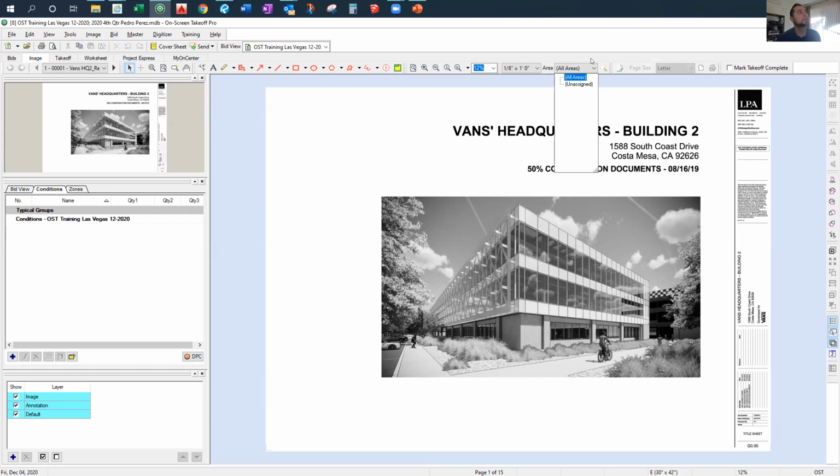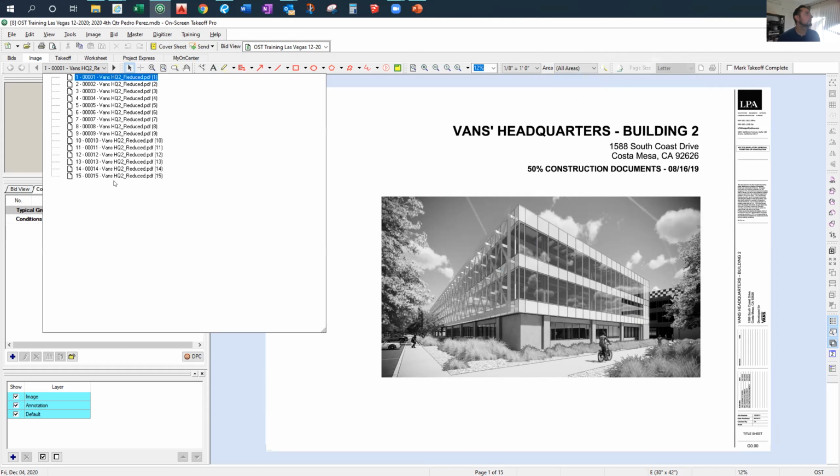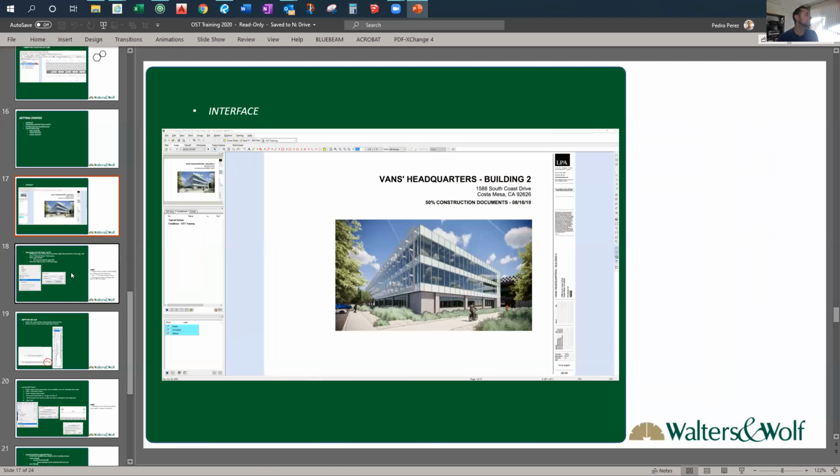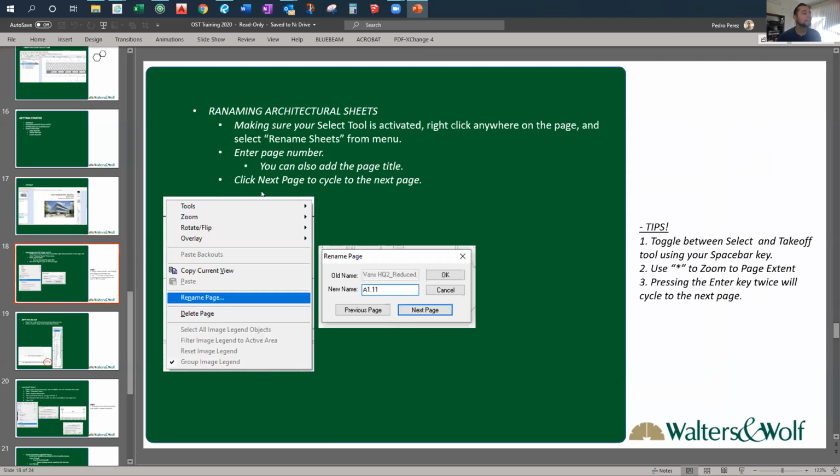Not something we use often. Over here is the list of all the pages that came in. Right after I load the document into OST, I like to rename these sheets,